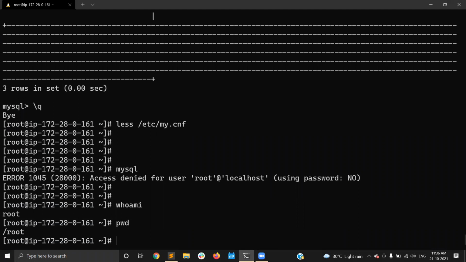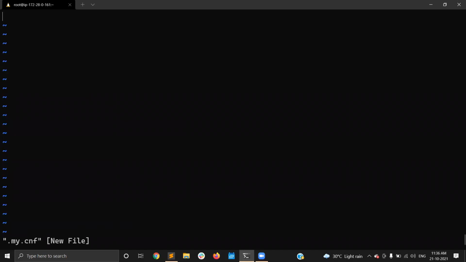The local config file means under the home directory, I can create a hidden file, .my.cnf. Here I can create the client group, and here I can mention the credentials like user and password. Now I am just saving the file.